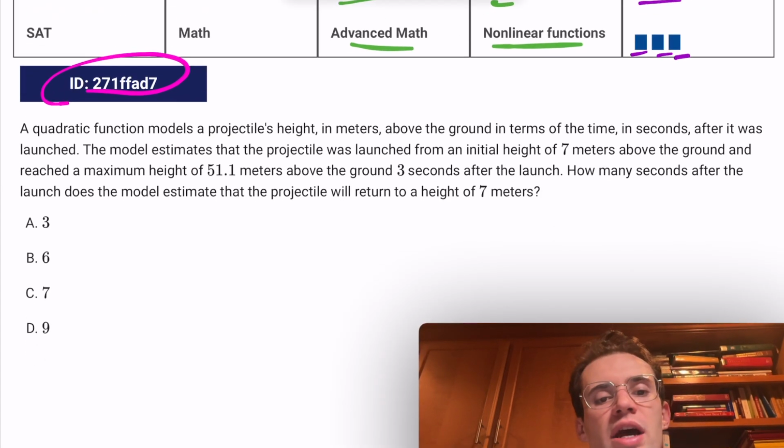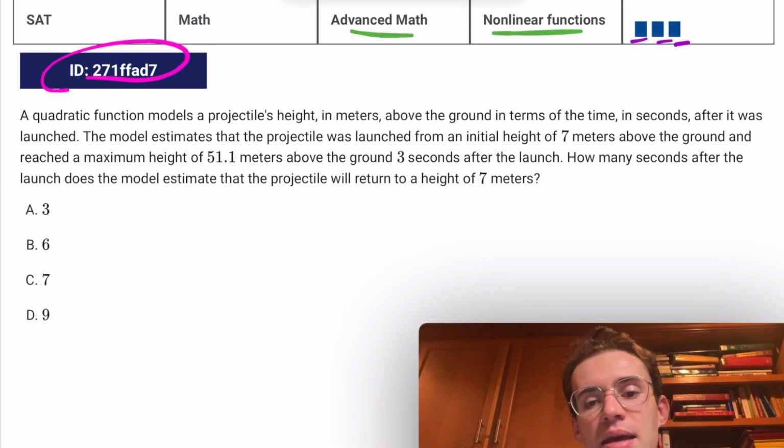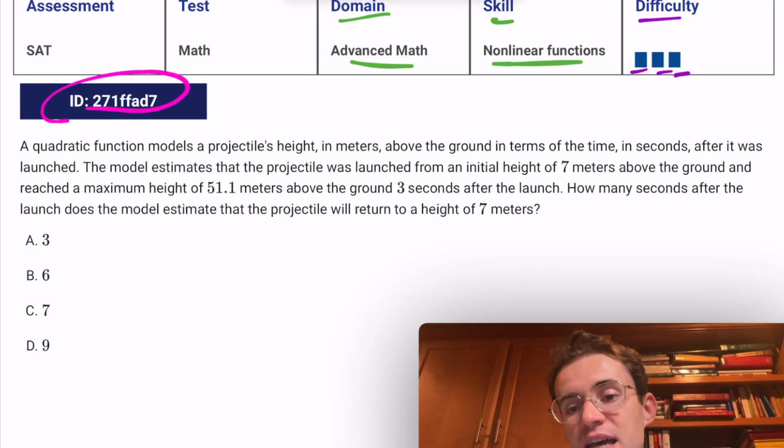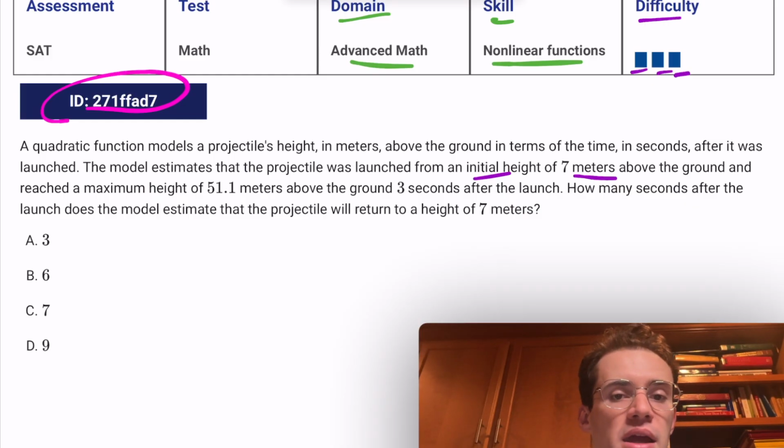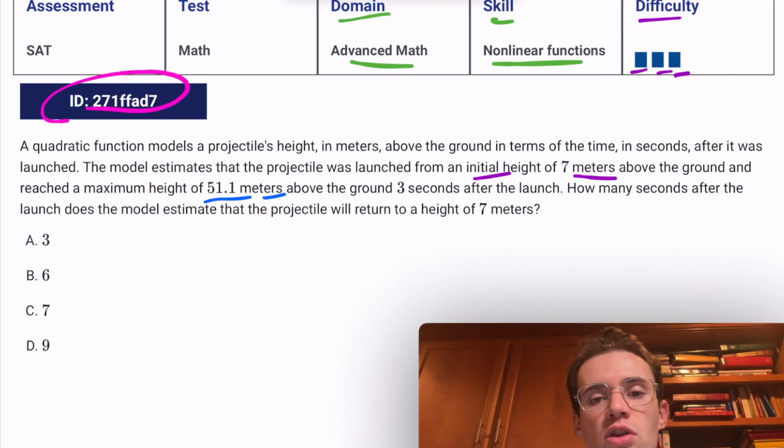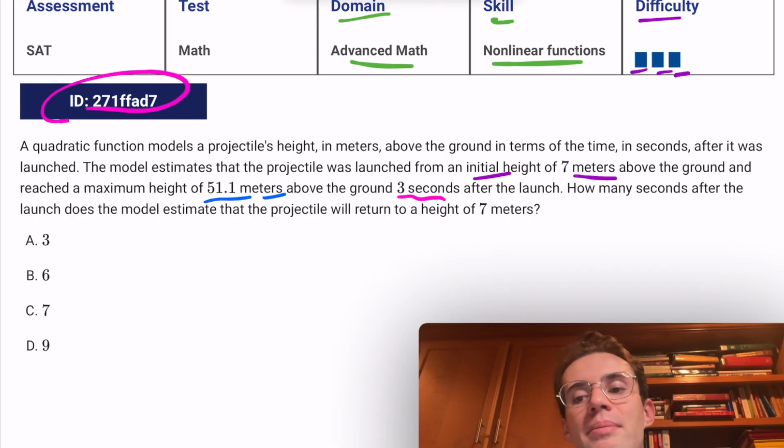This one says, a quadratic function models a projectile's height in meters above the ground in terms of the time in seconds after it was launched. The model estimates that the projectile was launched from an initial height, so it's the starting height of 7 meters above the ground, and reached a maximum height of 51.1 meters above the ground 3 seconds after the launch. So after 3 seconds passed, it moved from 7 meters to 51.1 meters. How many seconds after the launch does the model estimate that the projectile will return to a height of 7